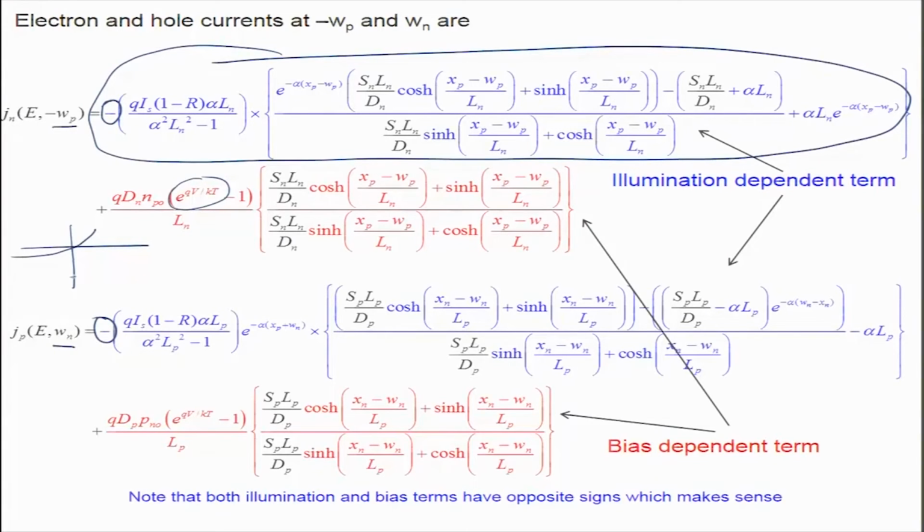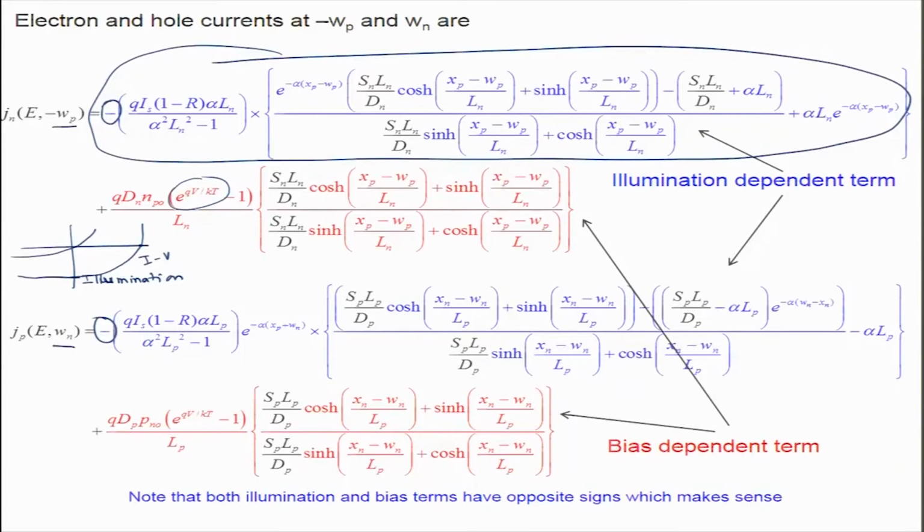You should start at somewhere here. This is the illumination current. And then as you increase the bias, this current reduces and goes to 0 at a certain bias, and we will see what these terms are. This is basically the IV curve you should obtain for a solar cell when you plot this for a given illumination.